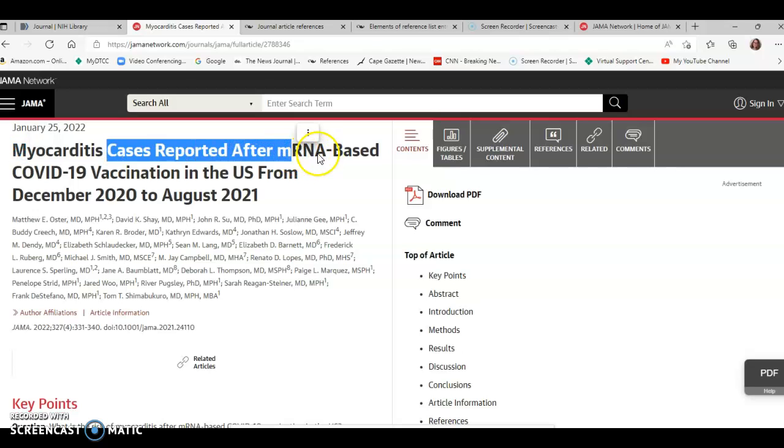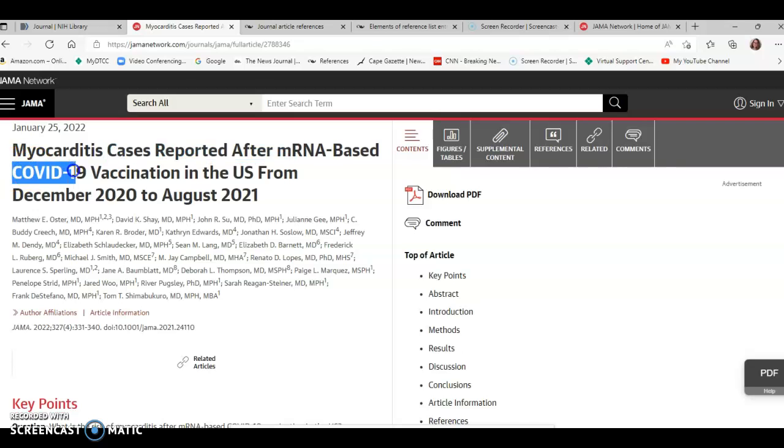RNA is always all caps. COVID-19, always all caps. Vaccination, lowercase. US, that's an abbreviation for a proper noun, so, of course, that's capitalized. From would be lowercase. Name of the month, proper noun, so we capitalize it. Name of the month, proper noun, so we capitalize it. Then down here, just so we're clear with what we're looking at down here, the volume